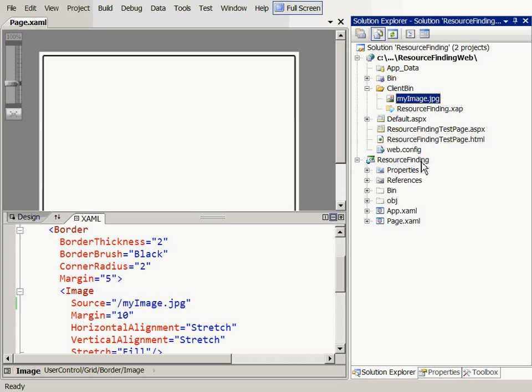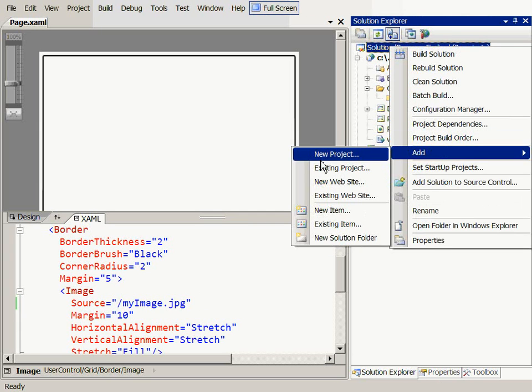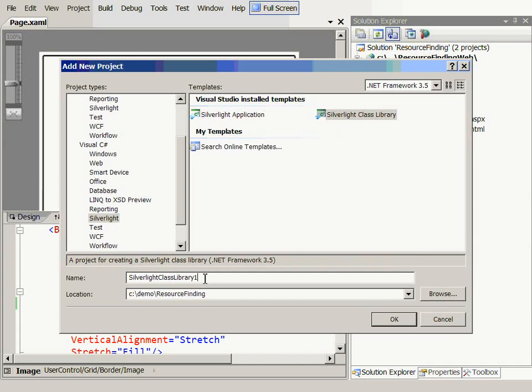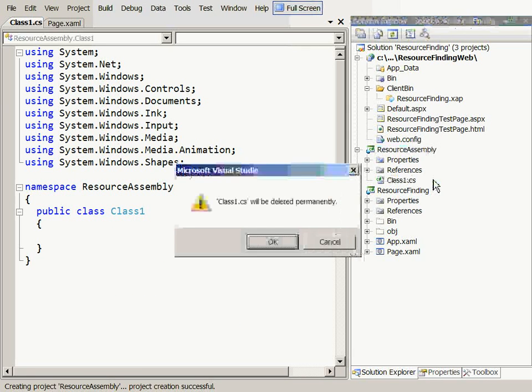So let's take away all images, this one can go, and let's add into this solution a new project to be a Silverlight class library, which I'll call resource assembly, something like that. Okay, we'll add that in, we'll take away all code from it because we don't need any code in it right now,